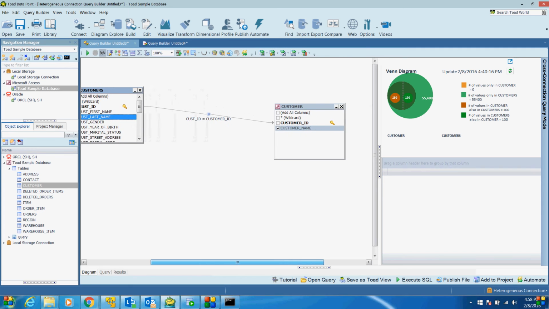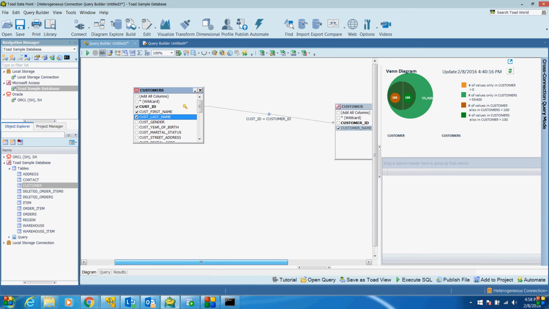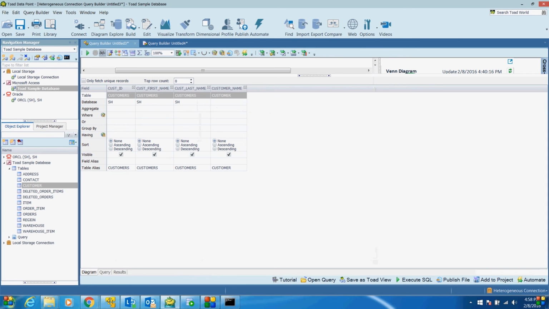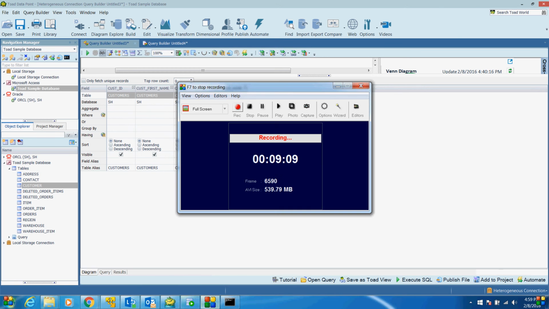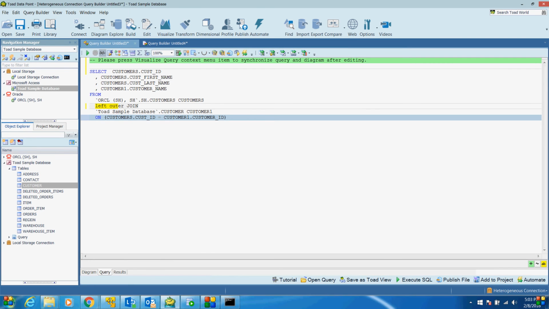We can include the outer join. Okay, we know outer join. What is an outer join? Let's just run it. See, I'm changing the query. Before, we had an inner join there.